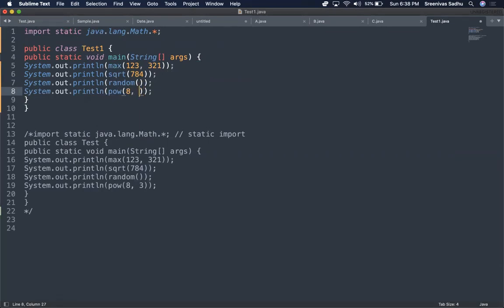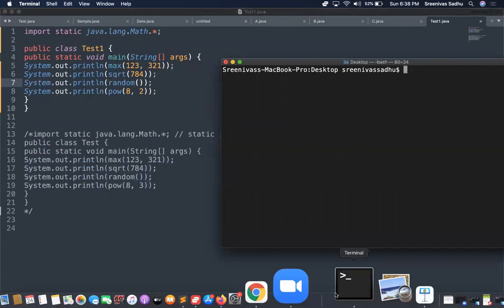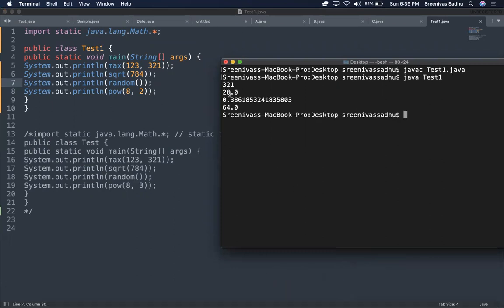For example, instead of 8 cube, I am doing 8 square, just to understand the difference in output. Let me compile this. Compile, and when you run, now you can see the output is getting printed. So 8 square is 64. So this is one more example of static import.